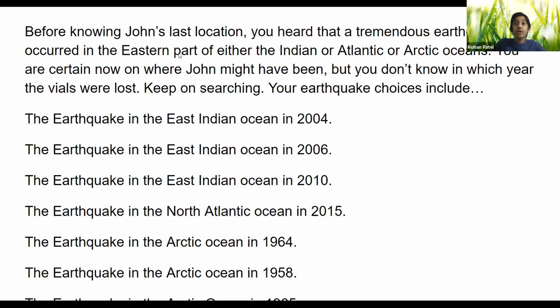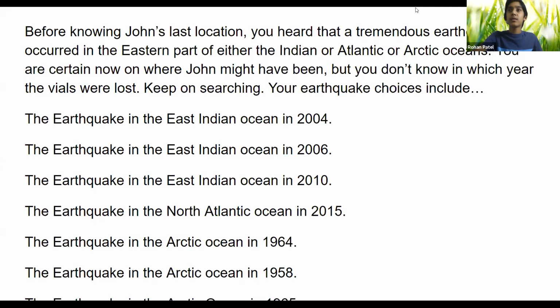Your earthquake choices include the earthquake in the Indian Ocean 2004, the earthquake in the Indian Ocean 2006, the earthquake in the East Indian Ocean in 2010, the earthquake in the North Atlantic Ocean in 2015, the earthquake in the Arctic Ocean in 1964, the earthquake in the Arctic Ocean 1958, and the earthquake in the Arctic Ocean